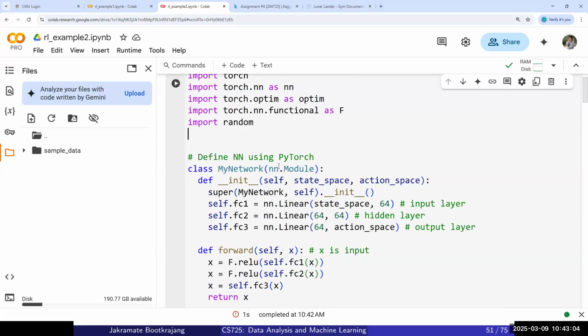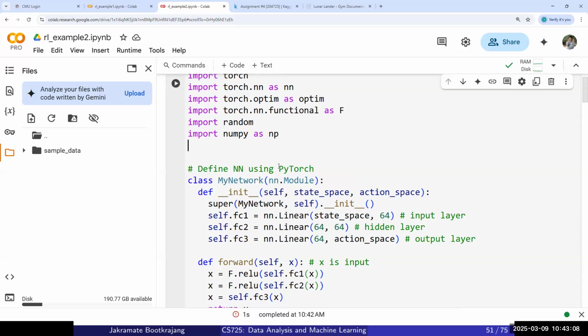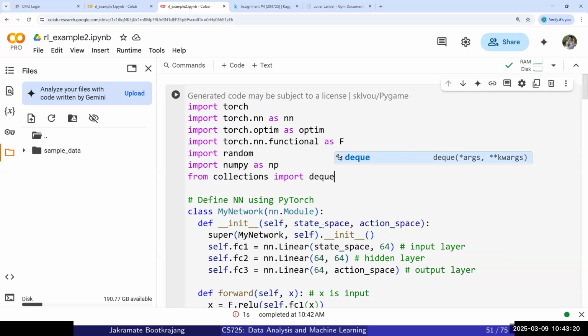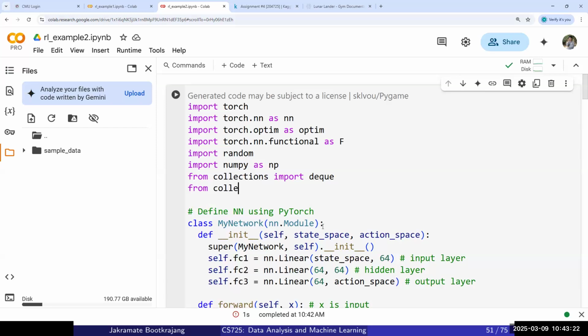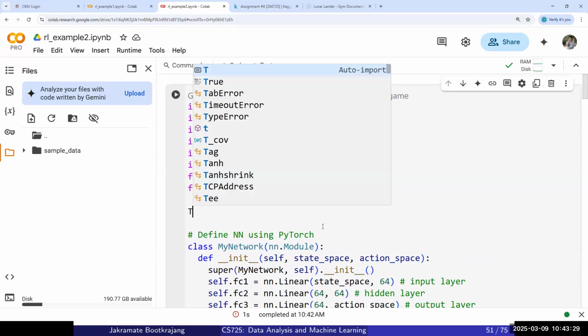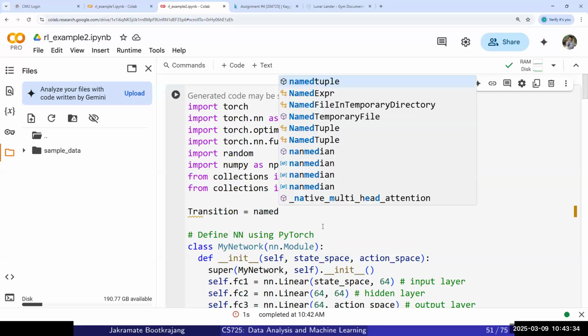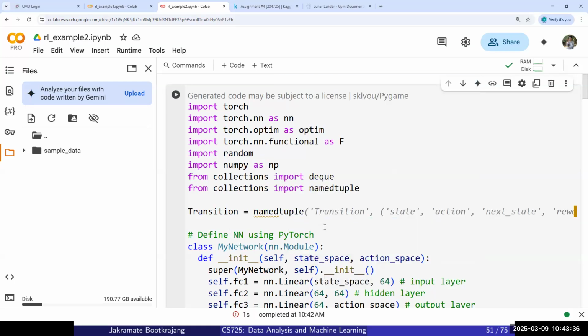I also forgot to import numpy as np. And then for collections, I have to import deque, right? Because I use the deque for the replay. And then I have to import namedtuple,